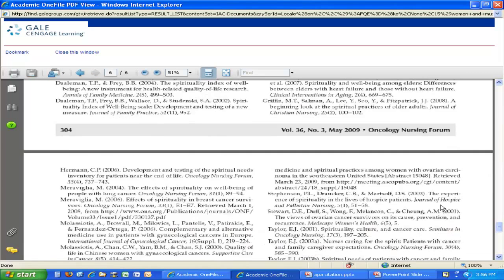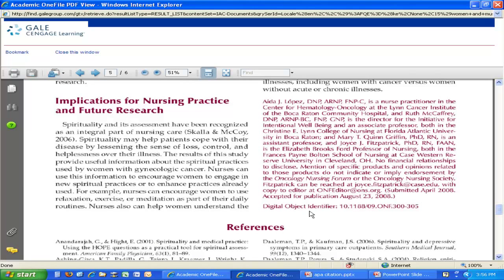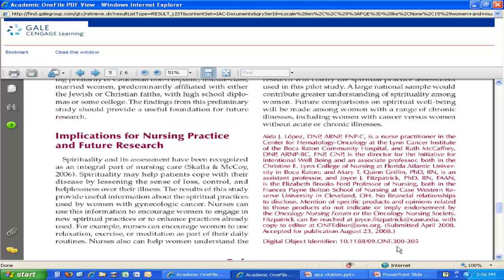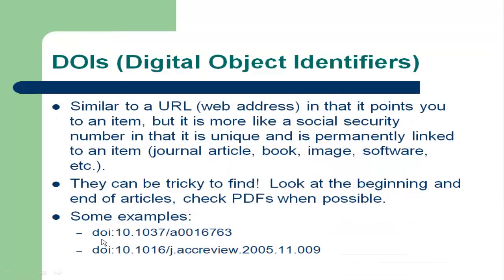And again, we say come to the end of your article. In our print article, it actually did come at the bottom of the references, but here you can see it. So there it is. It's even a nicer different color, so that might help it stand out a little bit. But that whole thing right there, that 10 to the 305, is my DOI. And what you need when you're doing a DOI is to include that lowercase doi. And sometimes they look a little different. Some are very short, some of them very long.